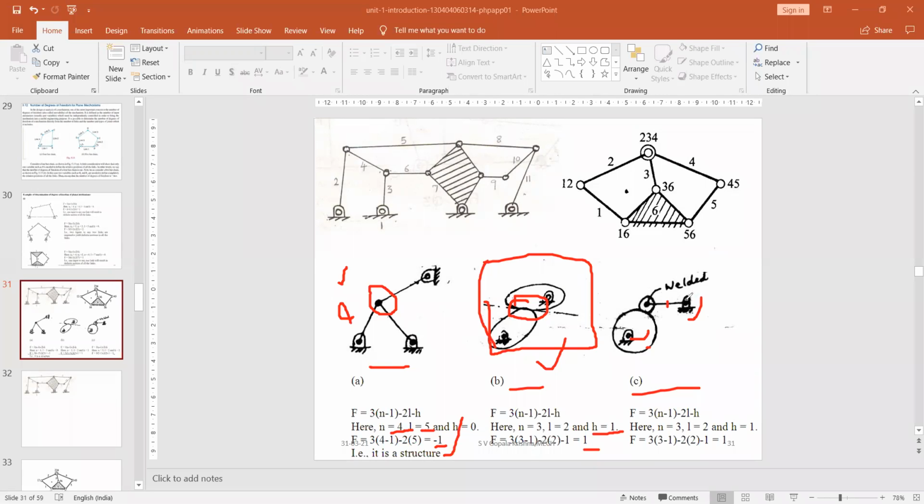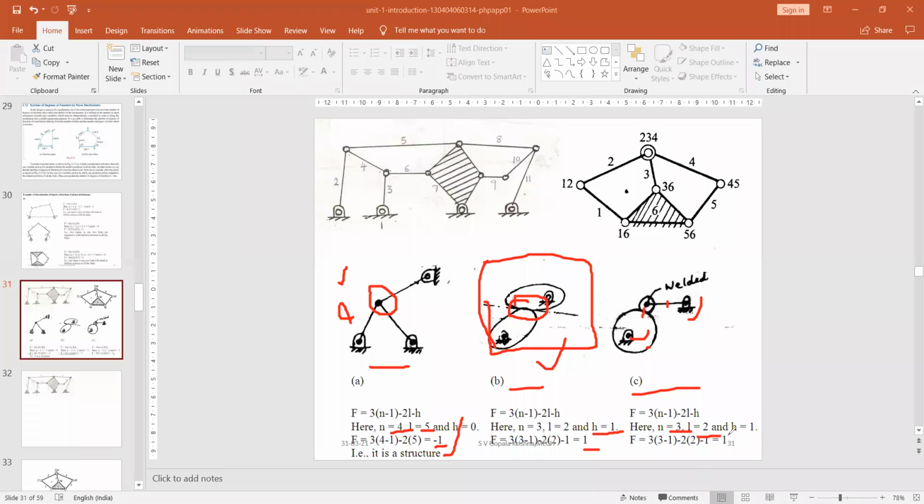And this is the fixed link. Fixed link, one, two places are there. But how many fixed links are there? Those all are acting as only one link. So this is the one, this is the two, and this is the three. Three links are there, and joints. Joints are one, two. Two joints are there, and again roller contact is there.